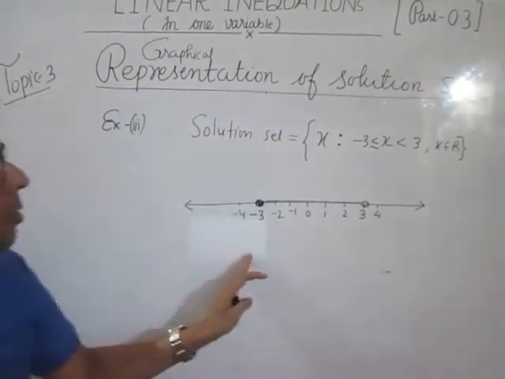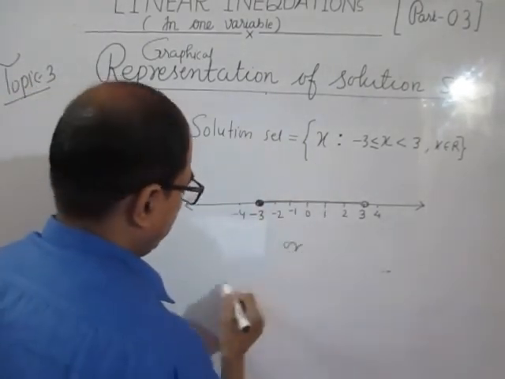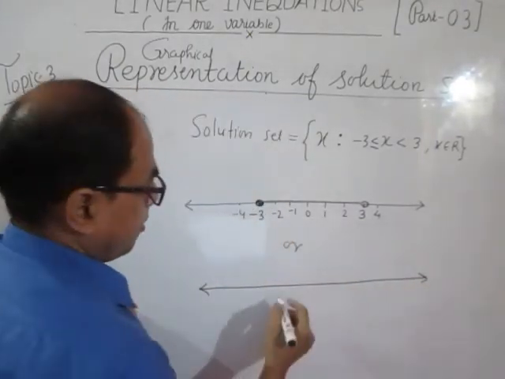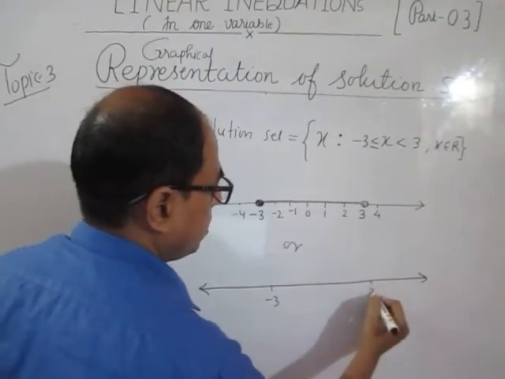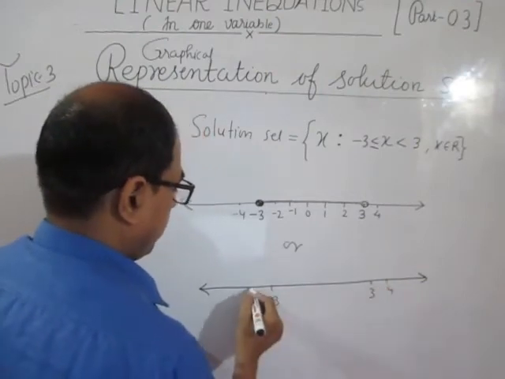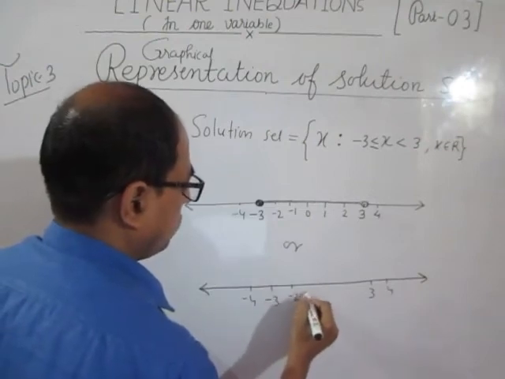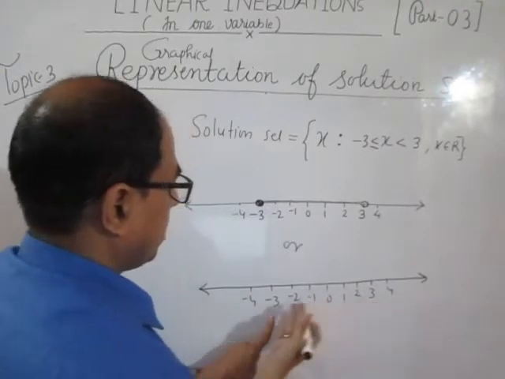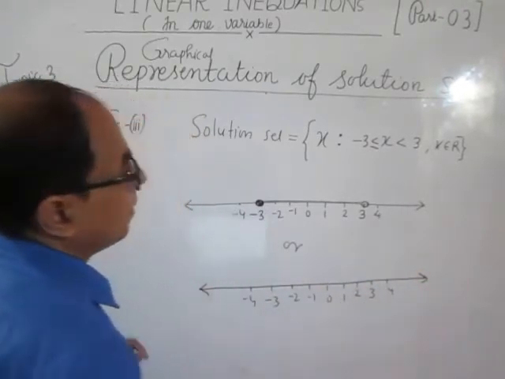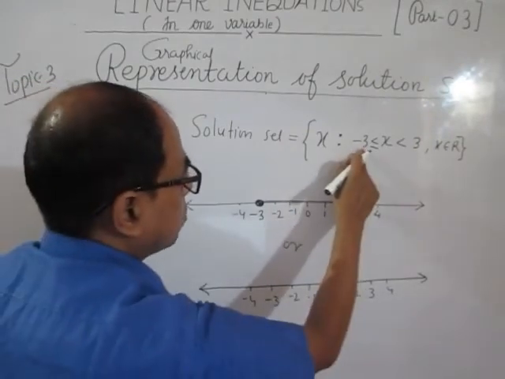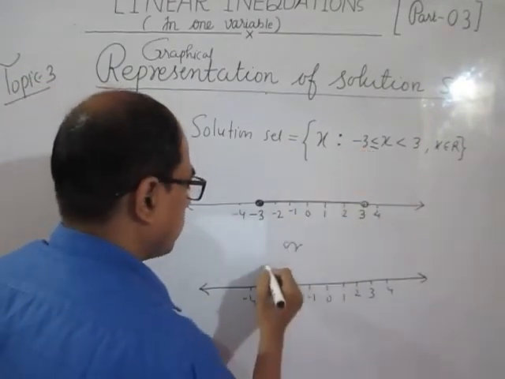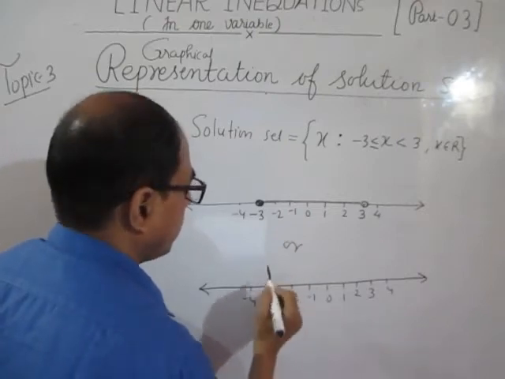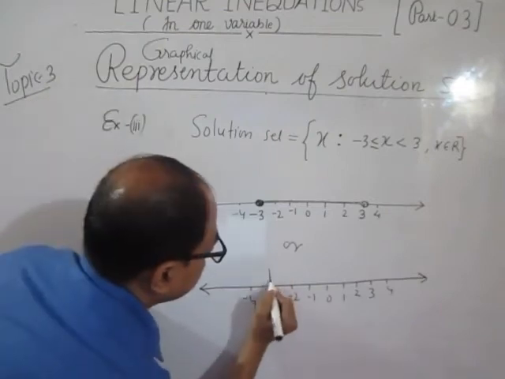Now this is the graphical representation of the solution set, or you can represent in this way also. Number line with arrow end, -3, +3, we have to write 4 here, -4 here, then -2, -1, we will write all the integers between these two end points, and at least one number left and at least one number right. Now to indicate -3 is closed point, it is equal sign is given. So for closed point we can use solid vertical line.